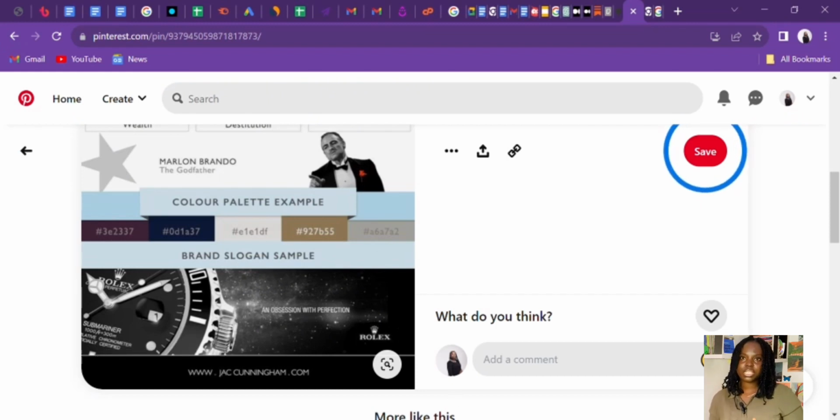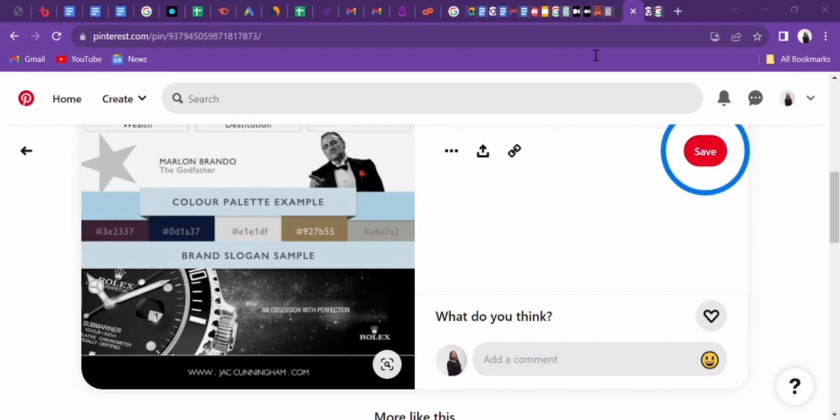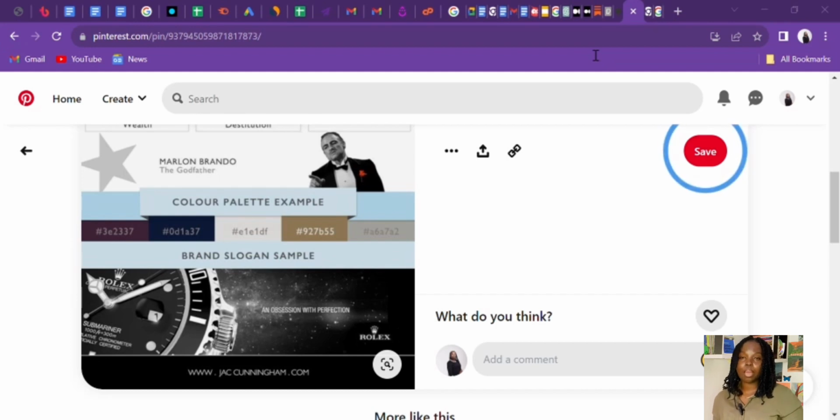I'm going to go to sticky notes, click on a new one, and then I'm going to type in the code so I can always copy it. It is essential that you always use the color codes so you don't have different shades of your color on every design that you make. Once you start using the brand color, you want to ensure that you are consistently using it. That is why color codes are important, that you have them somewhere. So for whatever you want to design, you use the color code. All right, we have our color codes.